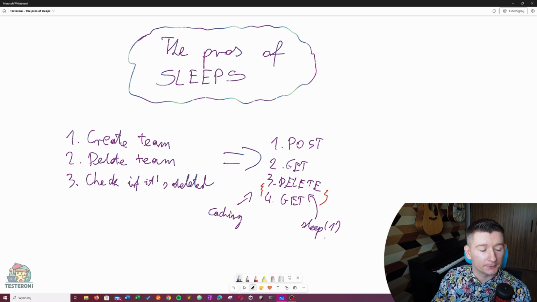And similarly to this, we could also talk about something like performance testing, when you need to somehow mimic the user's interaction with the website under some kind of a heavy load. Very often then you will also find sleeps implemented in such a situation, because there may be that there is no real other way to actually mimic such a circumstance. There may not be anything specific to wait for, and like in our first example, the API testing, very often trying to devise a different solution just for the sake of not having the sleep curse word, of not having